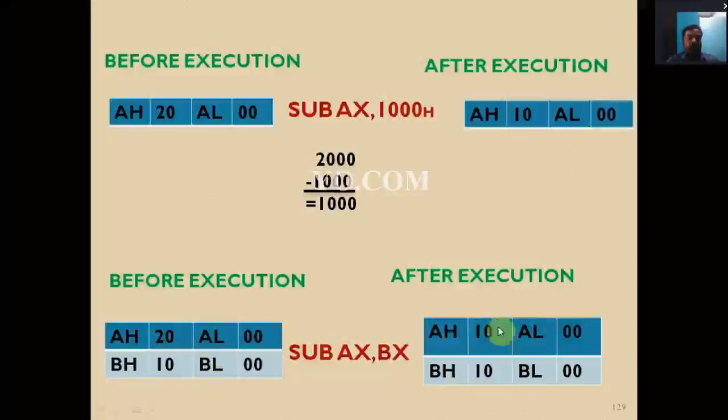So after the execution, AX equals 1000, and the BX value is maintained. AX value 2000 minus 1000 equals 1000. Right. Next one,